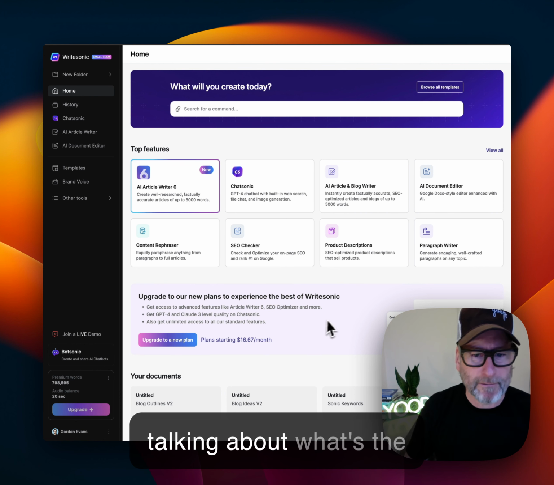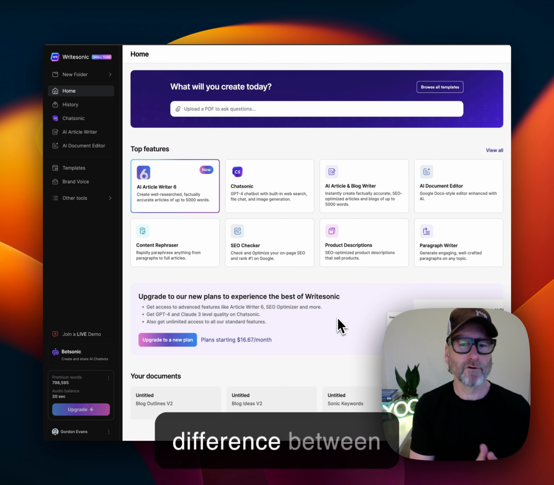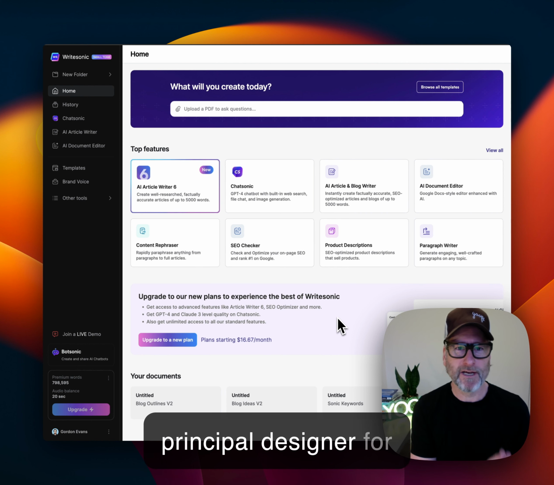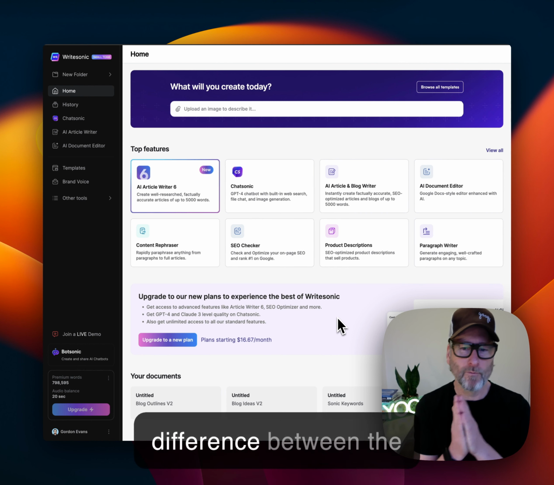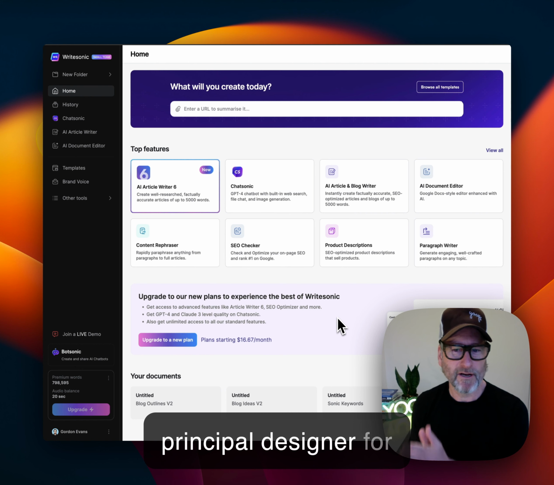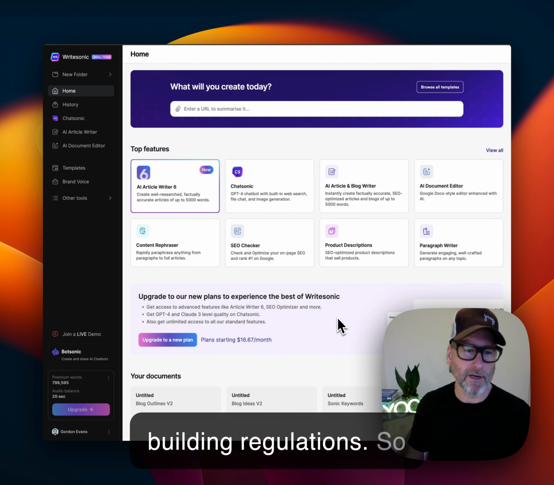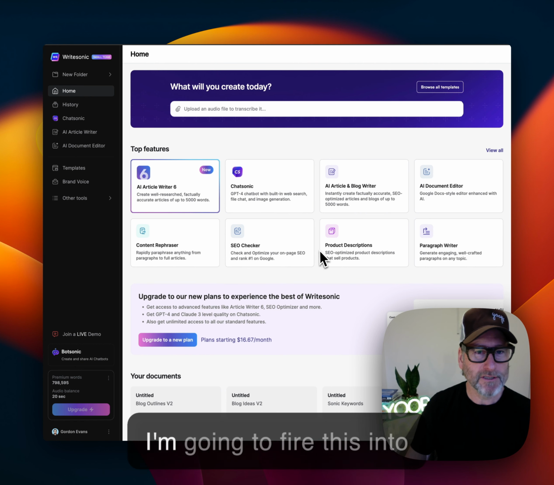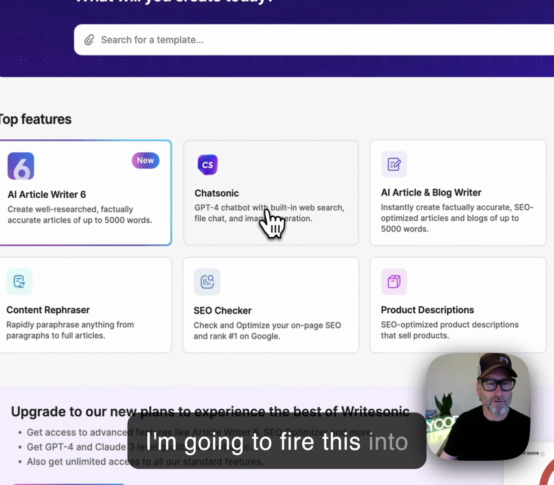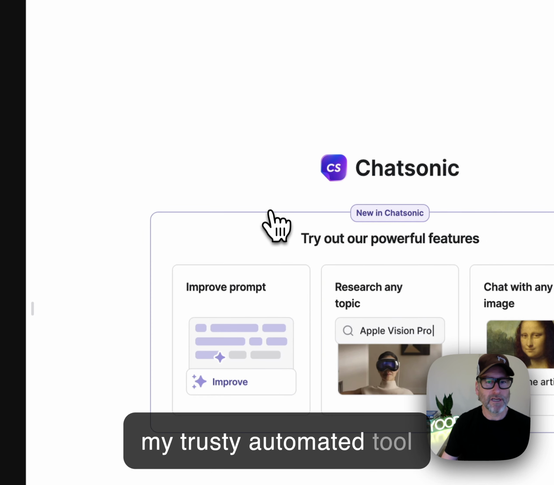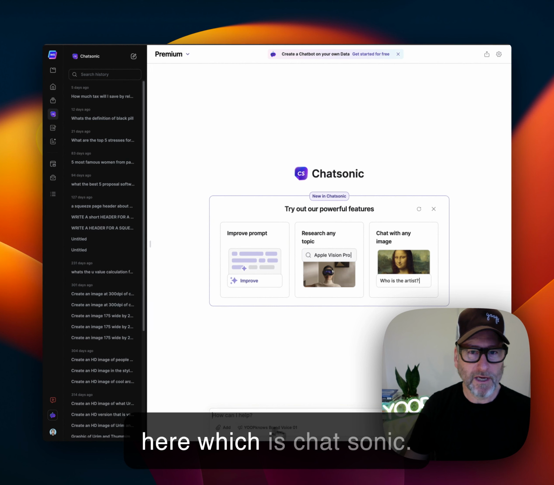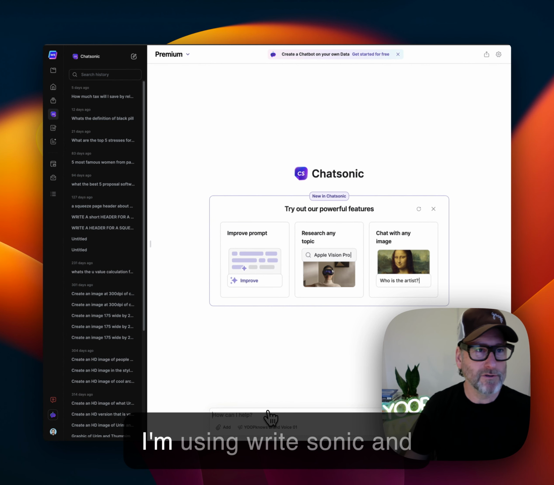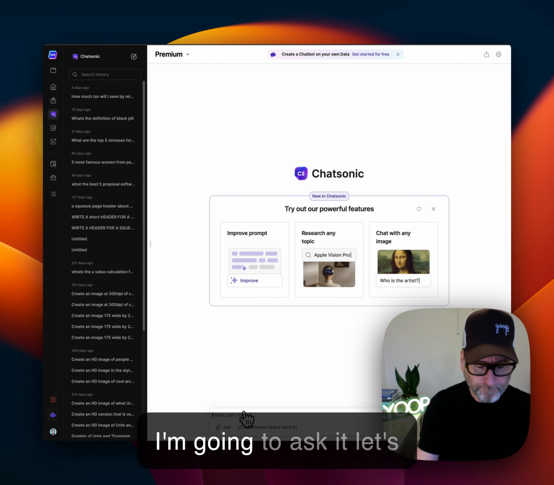people talking about what's the difference between the principal designer for CDM and the principal designer for building regulations. So what I'm going to do is fire this into my trusty automated tool here, which is ChatSonic. I'm using WriteSonic, and I'm going to ask it,